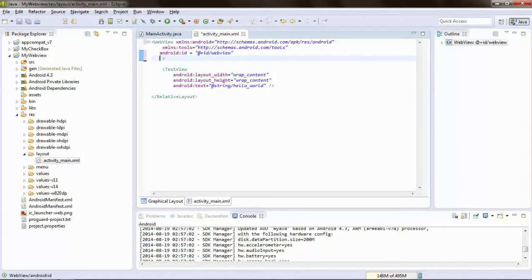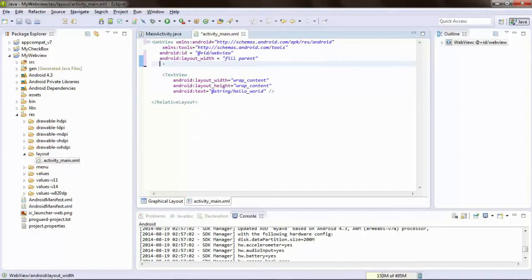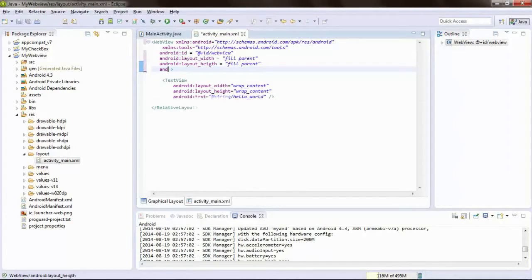Then its layout: android:layout_width equals to fill_parent, and then its height, android:layout_height, which is the same, fill_parent. Fill_parent is used on layout so it will occupy all available space in your Android. The next is android:orientation